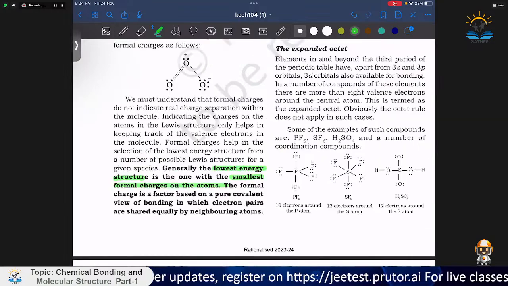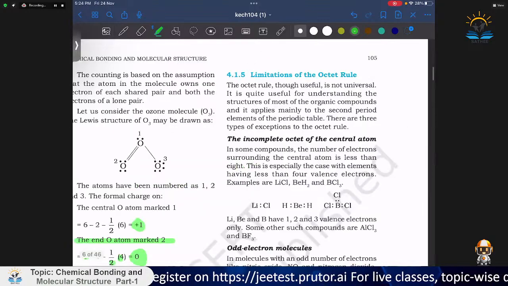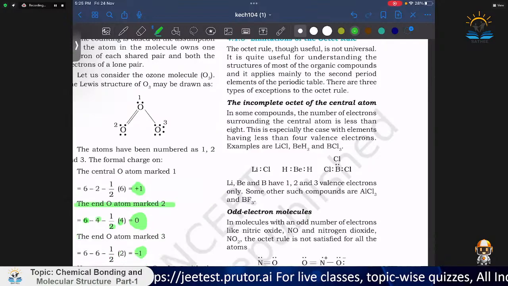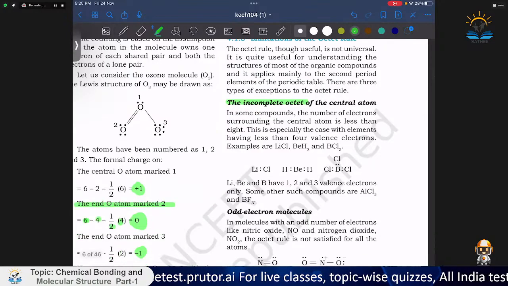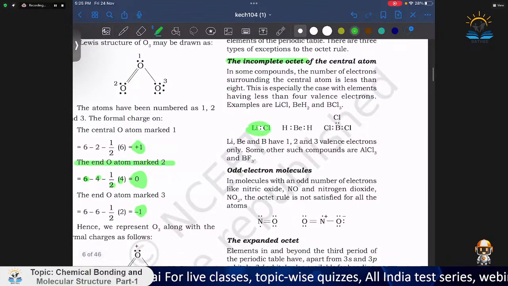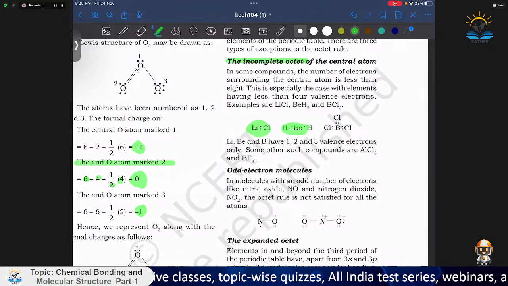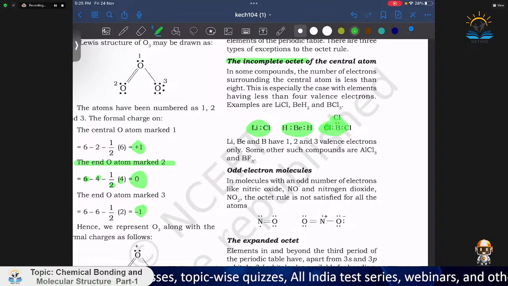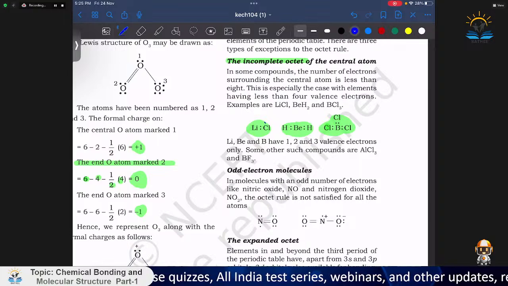What are the limitations? Firstly, there are some atoms which have an incomplete octet. For example, LiCl, BeH2, and BCl3. Although chlorine, hydrogens, and chlorines are having